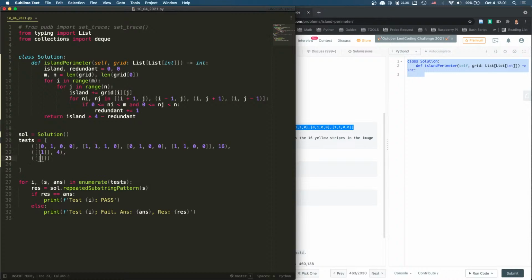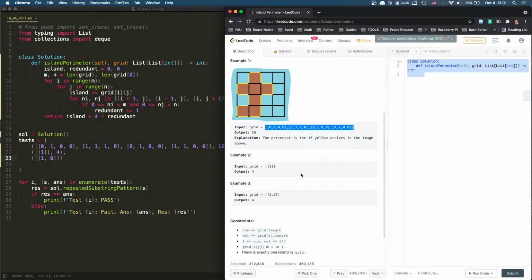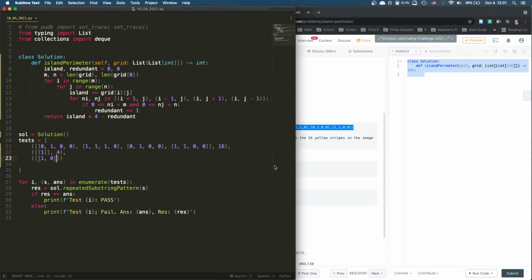And this one is what? 1, 0. Oh, 1, 0. That's 2. This is only 1. I see. All right, so test these first, and then I probably try to come up with a test case